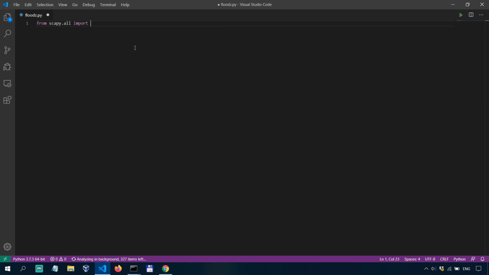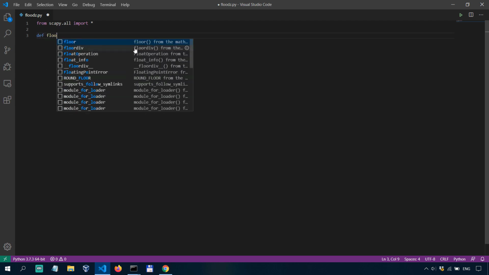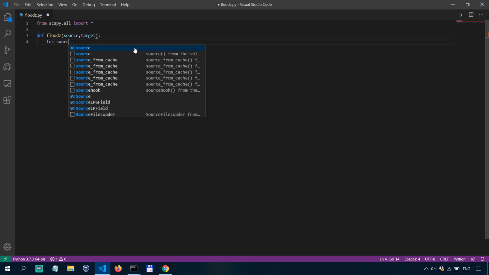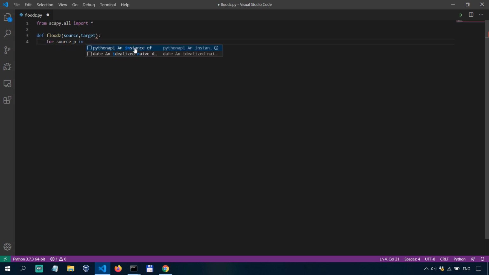So for that, let's actually go into the code editor here, Visual Studio Code, and type from scapy.all import everything. This is how it's usually done. Instead of just importing Scapy, we just do from scapy.all import everything. Now let's define a function called floods, which is going to take two parameters, a source and a target, and then for, let's say, source_p in range 100 to 150, or I could say 0 to 50,